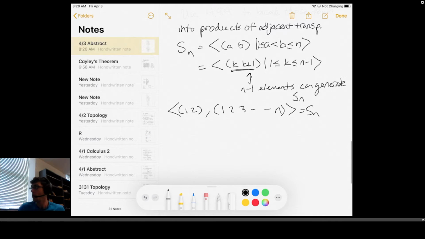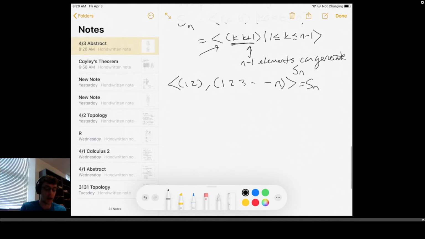Okay. But not 2 transpositions. Yeah, definitely not 2 transpositions. Yes. Unless it's, yeah, S3. S3 you can do with 1, 2, and 2, 3, but that's in this case right here. Cool. All right. So